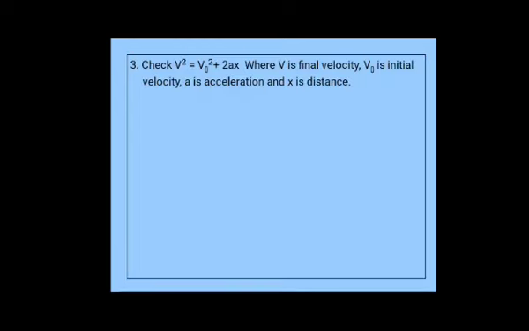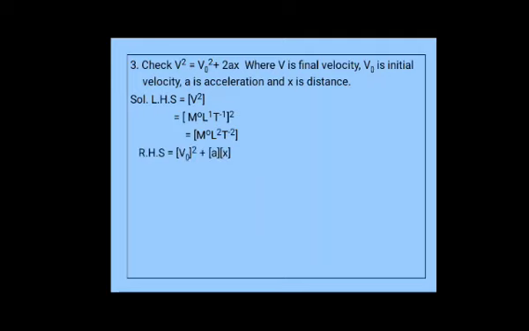Let us go for one more equation, that is check v square is equal to v naught square plus 2ax is dimensionally correct or not. So first take the LHS part. What is the LHS part? V square. V is velocity. So M raised to 0, L raised to 1, T raised to minus 1, its square. This square is for all the powers of M, L and T. So multiply the powers. You will get M raised to 0, L raised to 1 into 2 is 2, T raised to minus 1 into 2 is minus 2. So you will get M raised to 0, L raised to 2, T raised to minus 2 as LHS.